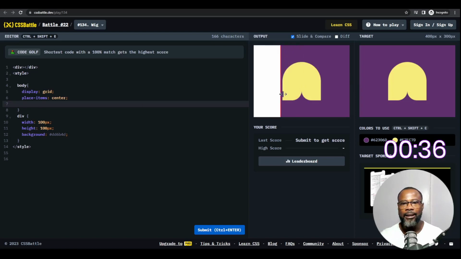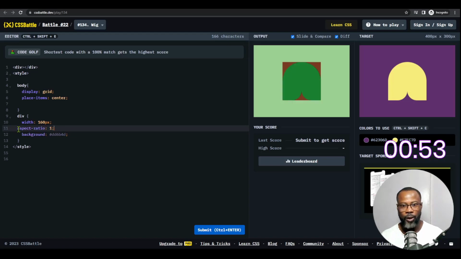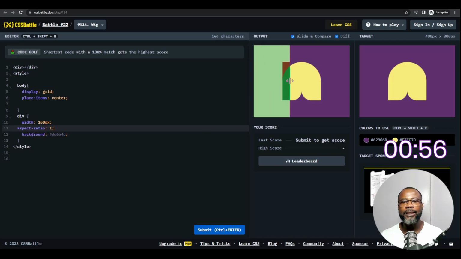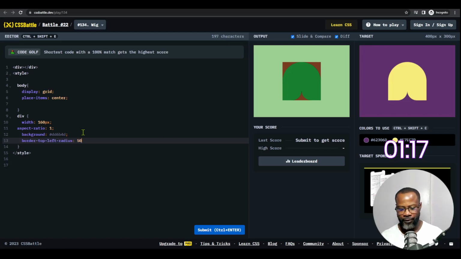So my height, so let's use the difference, and then it's always easier using the difference. 170 width, 170, 160, good. And the height should be the same. I like using aspect ratio 1. Okay, so I have that. The next thing I want to do is to give my top left and top right border radius. So I'm just gonna say border top left radius. Okay, that should be 50 viewport width,